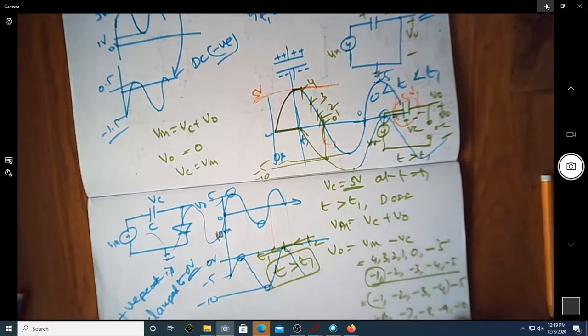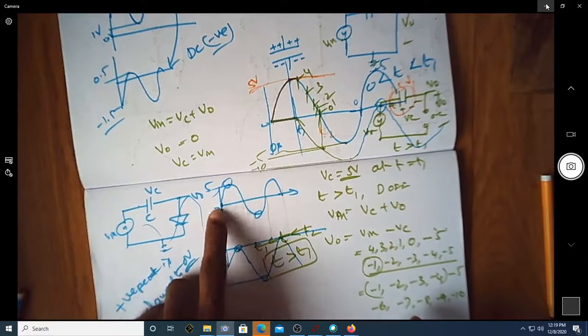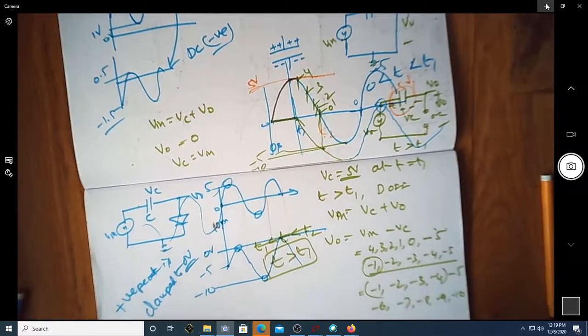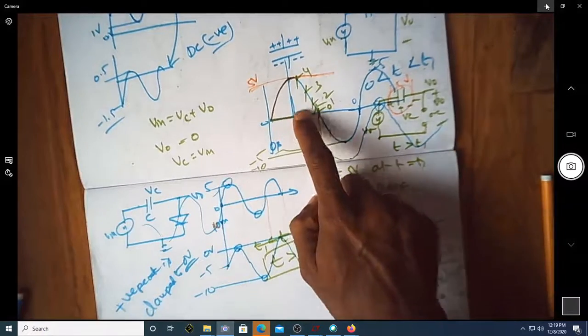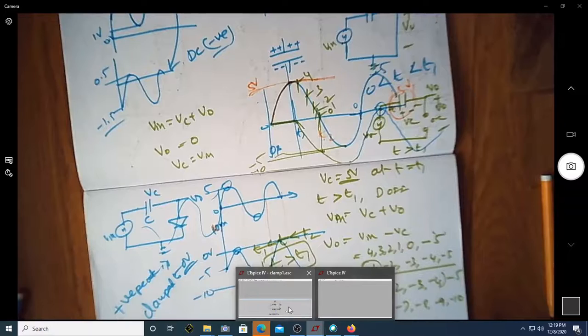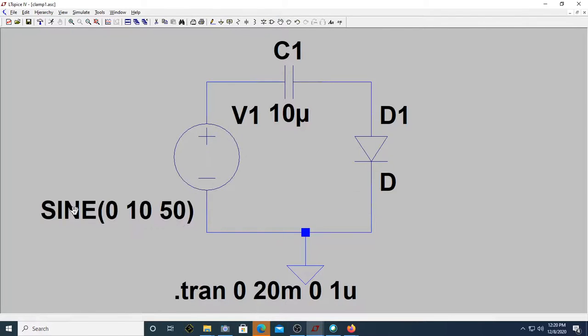In the first initial circuit, we are trying to see how this sinusoidal waveform will look at the output after some cycles. Maybe after the first quarter of the cycle, this is how it looks. Maybe we'll just go to a simulation of the same circuit and then try to understand how it happens. Okay, you can see I have rigged up the same circuit here. Let me just move this slightly apart.